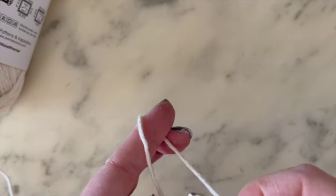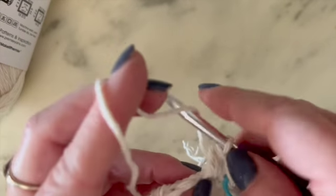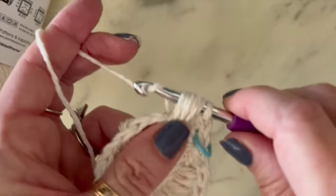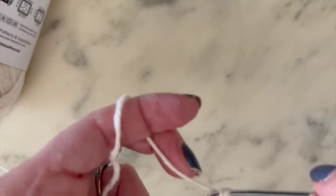And now I want to make another one inside the chain space. So 1, 2, 3, through them all, slip stitch, chain 1,